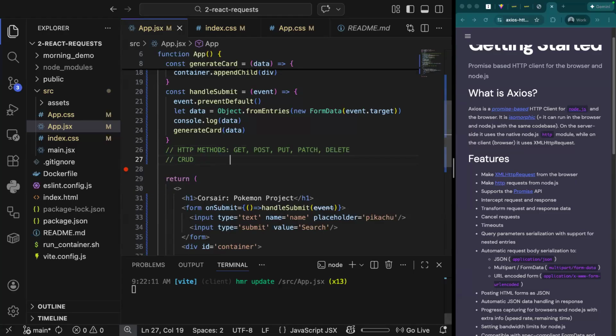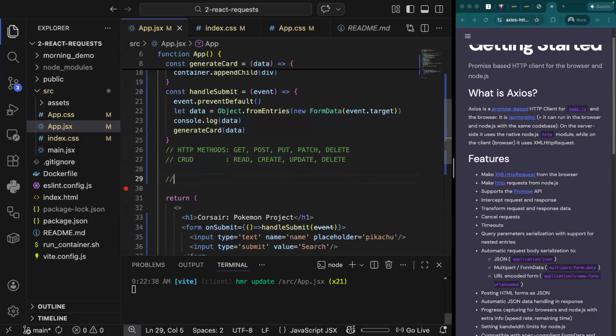Where their CRUD capabilities are read, create, update, delete. So which HTTP method grabs information so I can read it? Get. Get, right? So I know that when I build this function, I want to send a get request